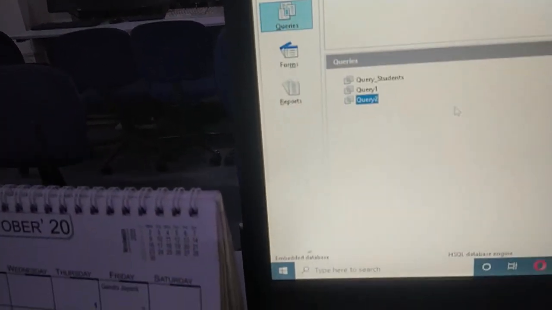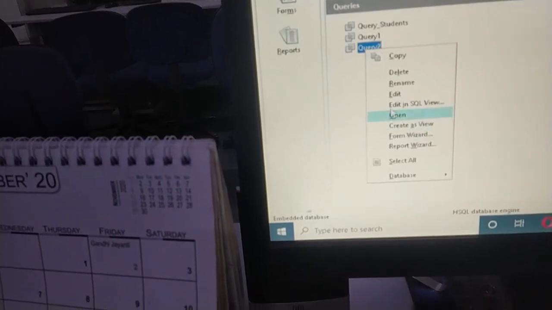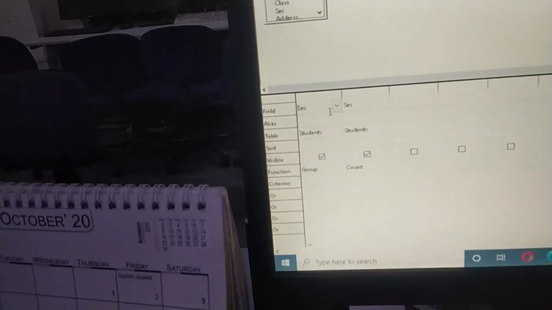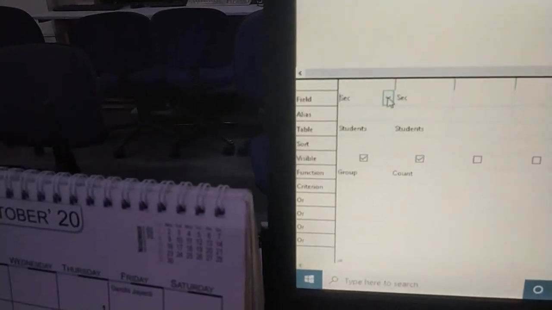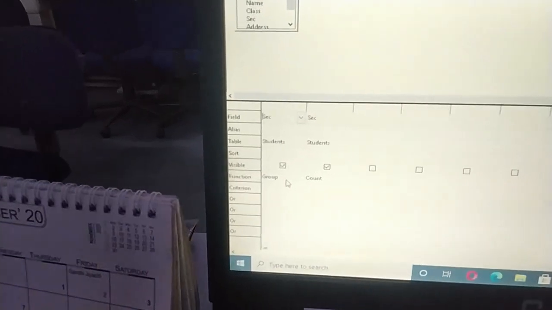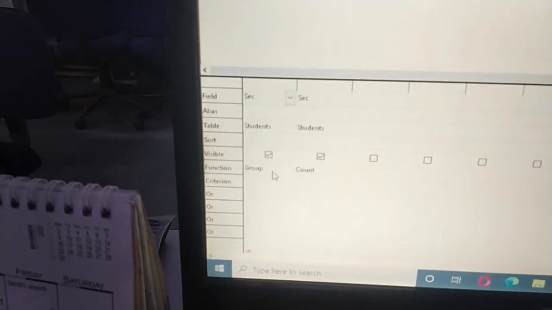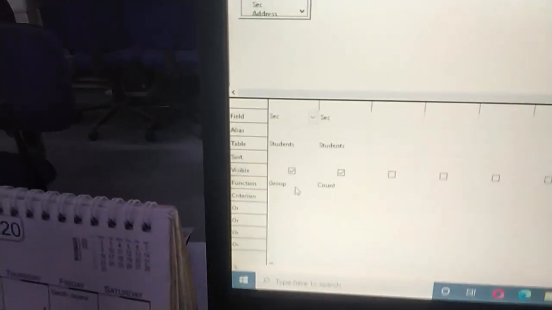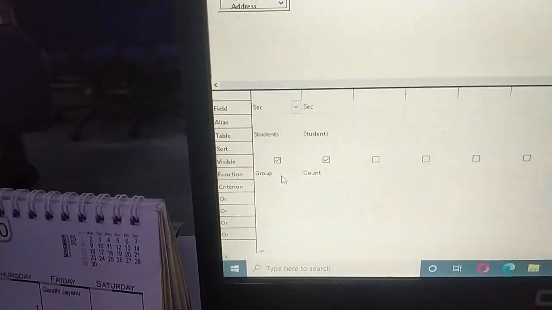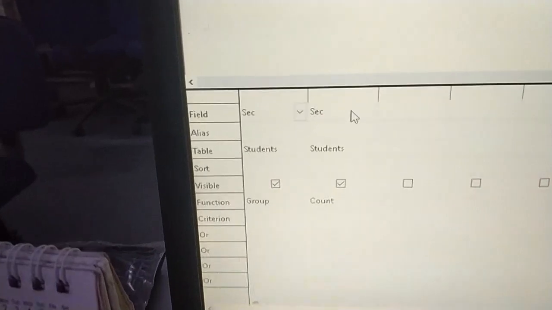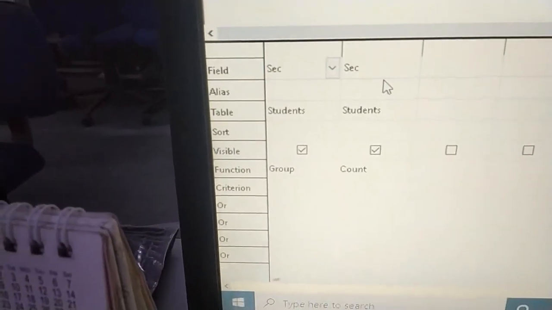To arrange the data in a group, again I am sharing with you. First again go to the design view of it. In the design view, select the column on which you want to apply it; that depends on the data and the pattern of the data. In my table, the section is the only column on which we can create the group. So I have taken the section. Next column, again you can take the section. So the second column is again section, as you can see.